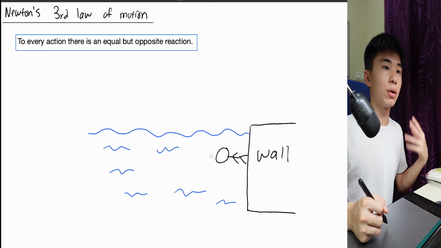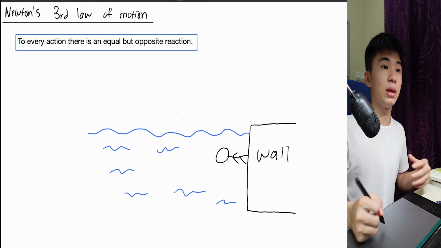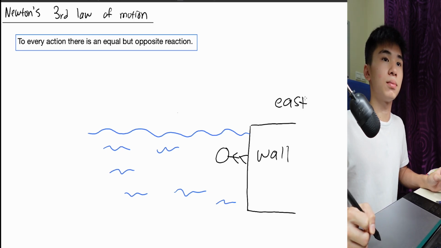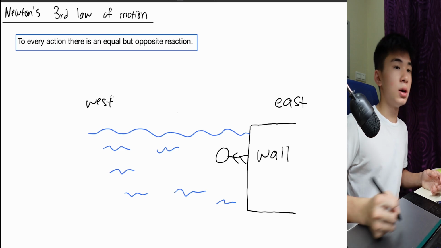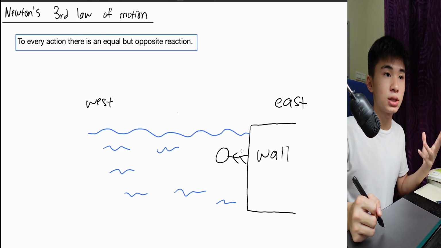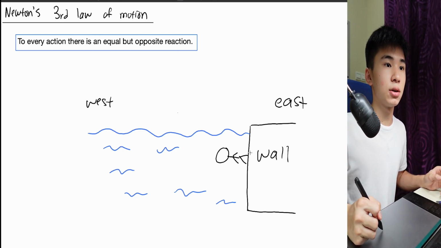Notice that every time you are swimming, when you kick the wall, you go in the opposite direction, right? So in this case, the wall is going to be our east direction, and here will be our west direction. As I just said, if you apply the force to the wall, which is facing the east direction,